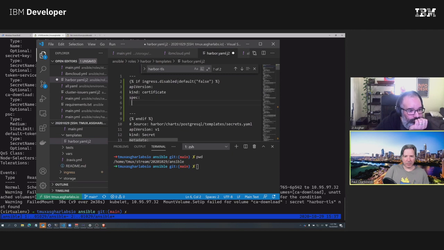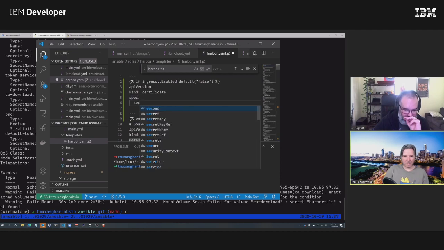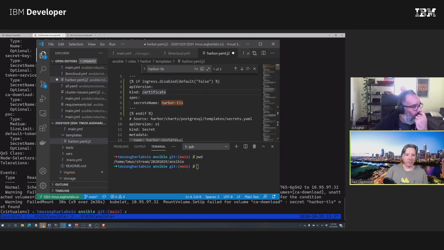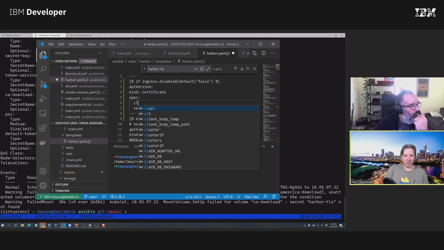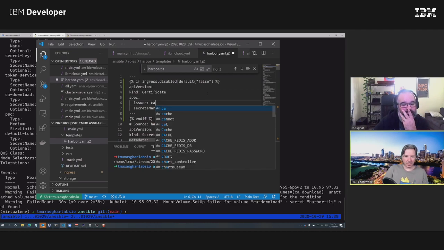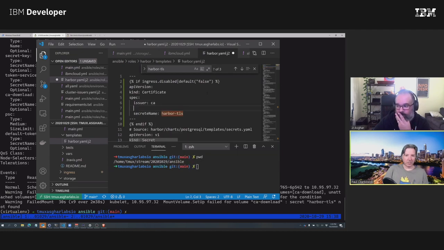Spec. Secret name. Right. So if we actually build out the certificate correctly, issuer would be our CA issuer, whatever that is.